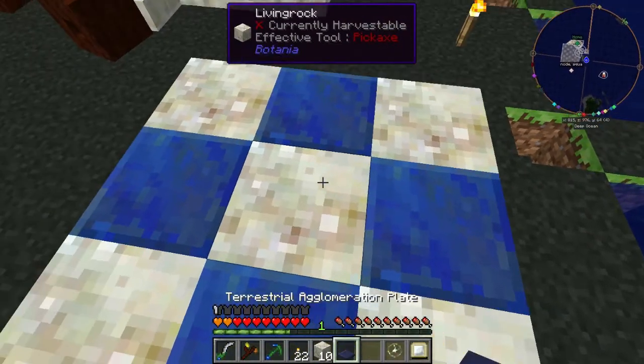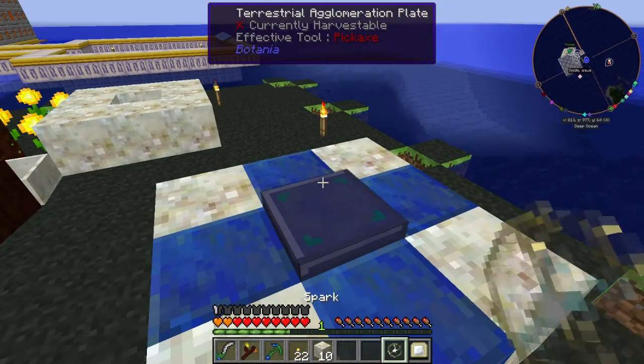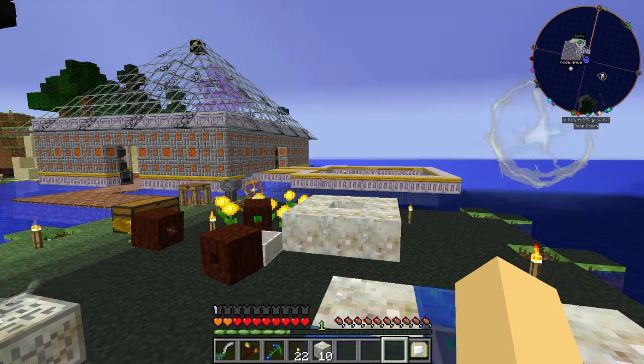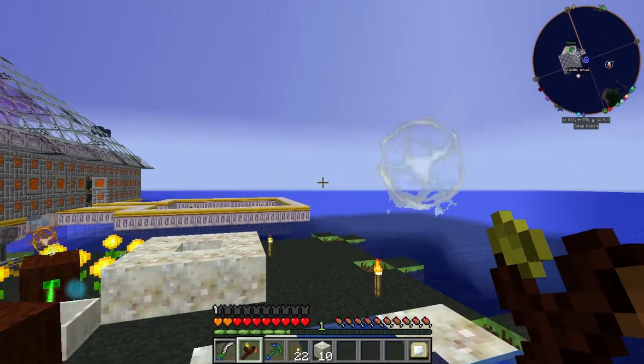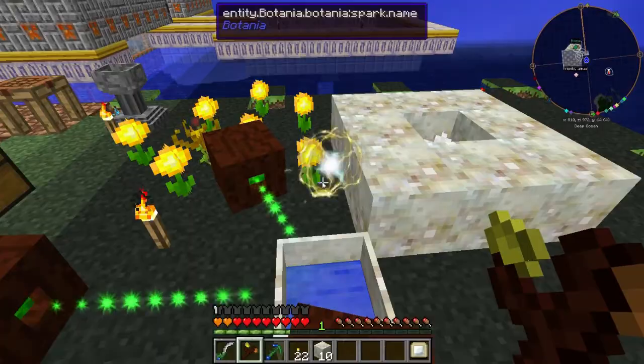It's made like that, and you want to put a spark on top of it. Seeing these two sparks are connected, and if you're wondering how a spark's made,